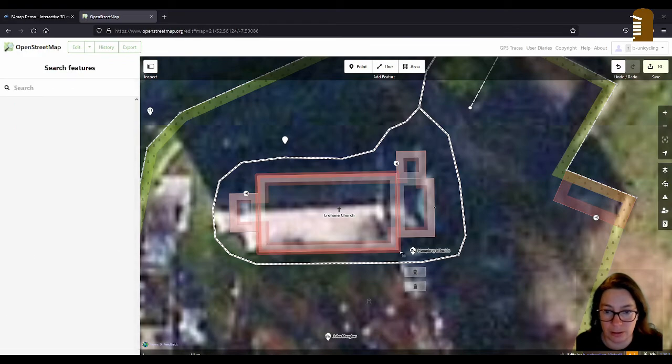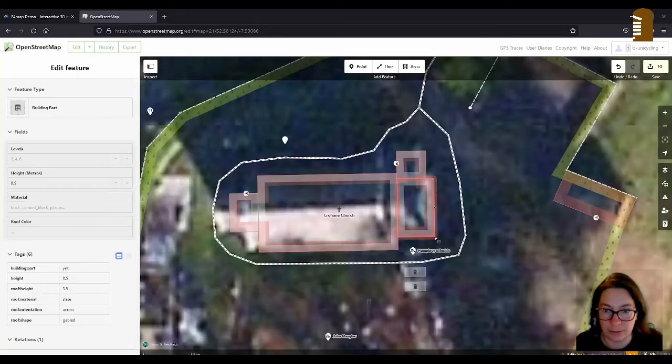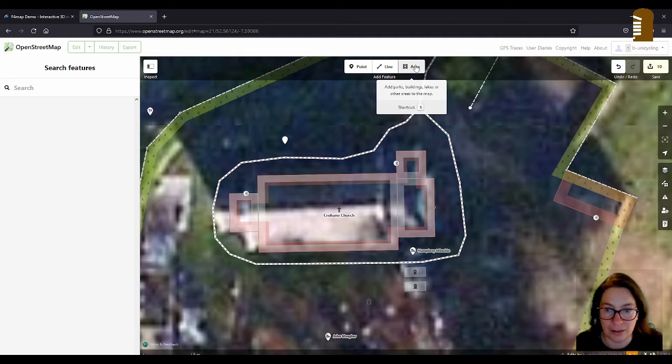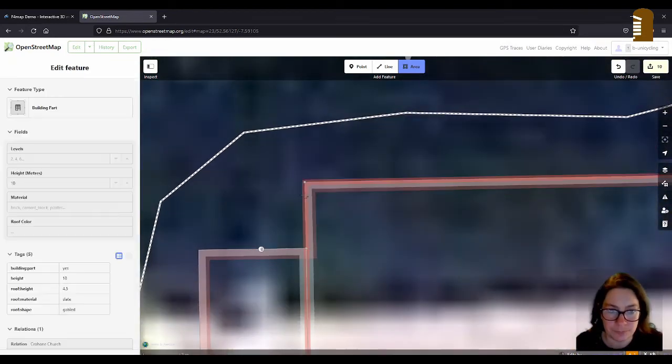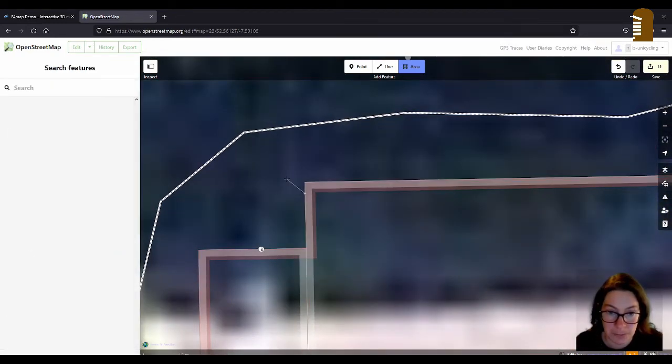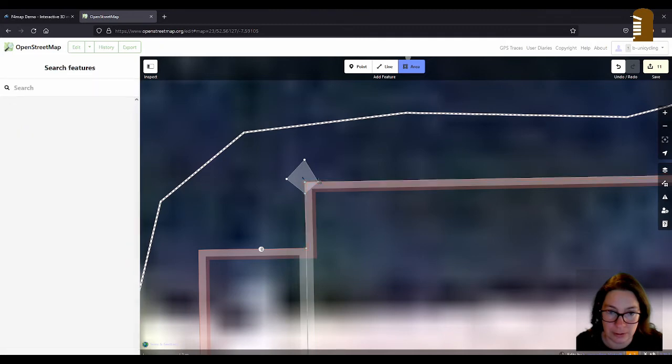One there, one there. One there, one there. 1, 2, 3, 4. Jesus. And I'll just do one and then hopefully copy and paste will be possible. So I'll start at this corner. It would be so nice in JOSM, because this is never gonna be square.